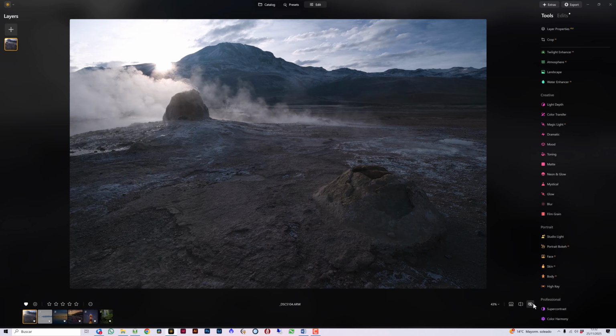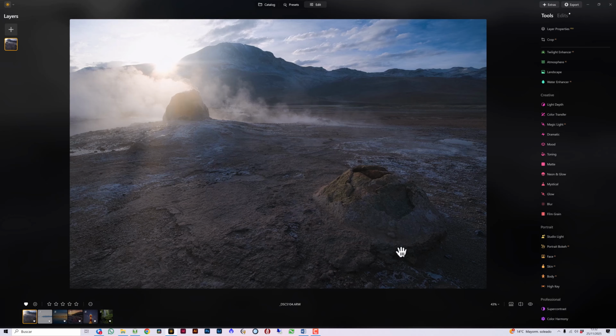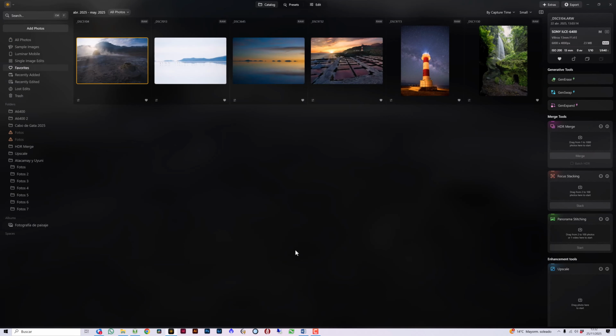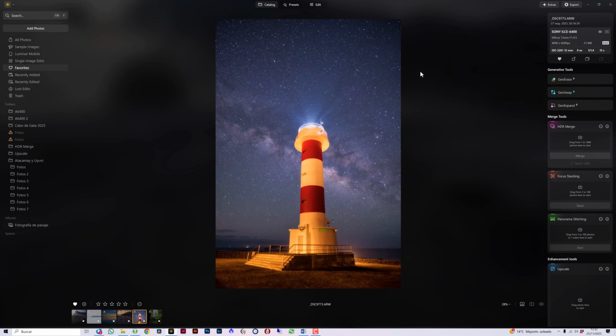If we remember where we started, we came from this, and now we're here. Look at that change, and see how we've achieved the effect we wanted. Guiding the viewer from this foreground all the way to the background, and a photo with a spectacular development in just a few clicks. Let's move on to one last image, which is this one here, a nighttime photo taken